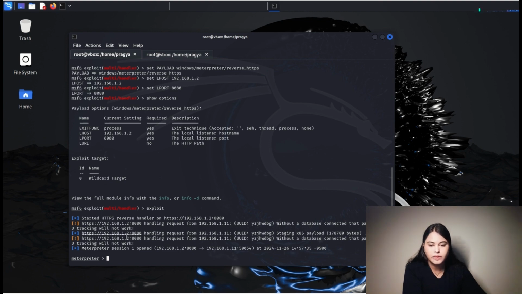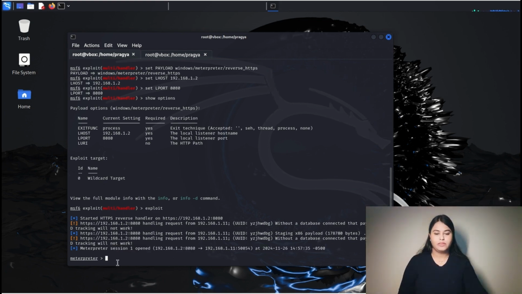and here we go, we can see we have got session 1 opened. So now in this demonstration, you will see that we have received the connection request from the target machine. And now you are seeing we are in the meterpreter, which means that we have gained access to the system. Now let us quickly run a few commands to see what kind of access we have on that system.